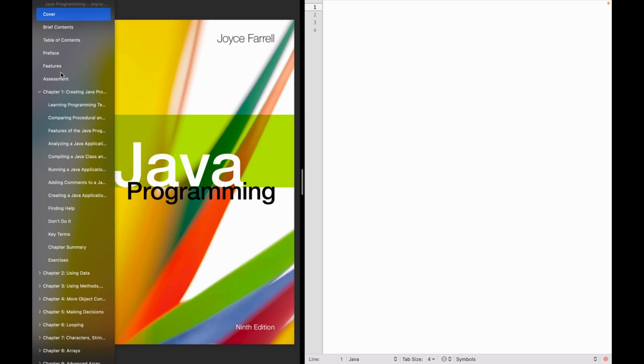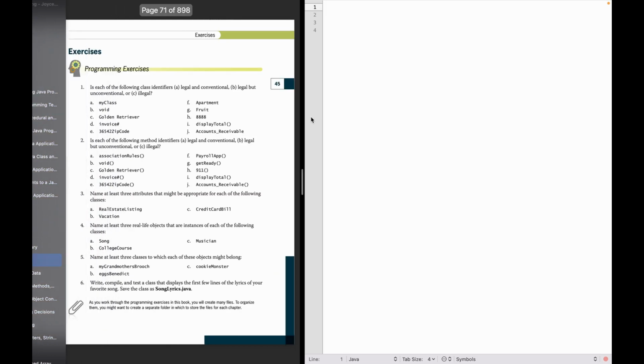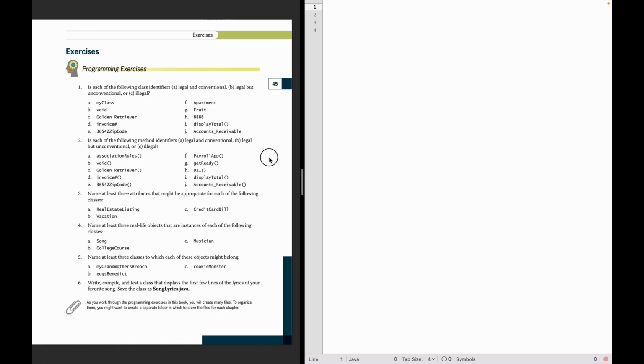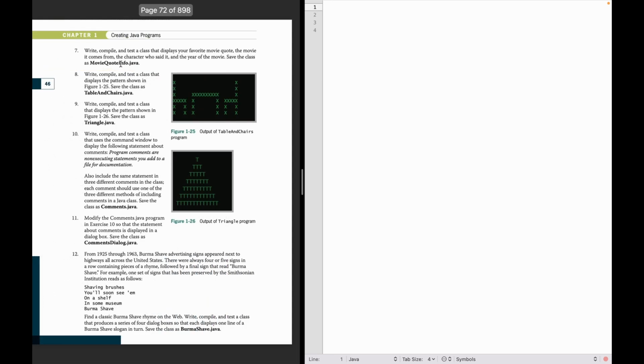So we're going to start off with chapter 1 and go over to page 46. But before we do that, I want to show you guys how to make your first program say hello world, which is a tradition in